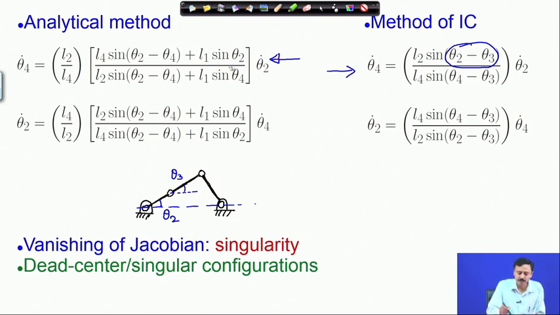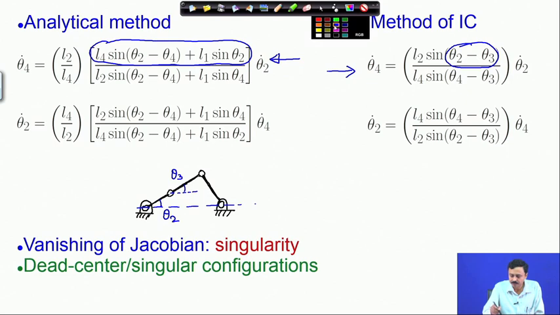As you can see, if you make this whole numerator vanish, then you will get a relation between theta 2 and theta 4. You can very easily find that relation by equating that to 0. So, if you do that,